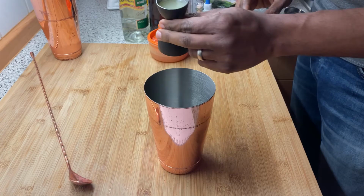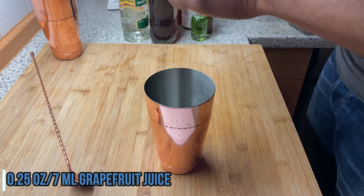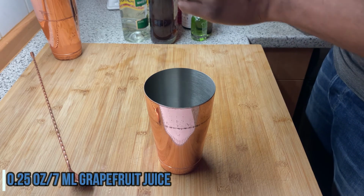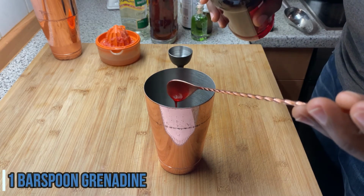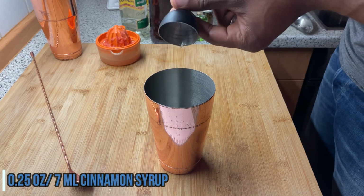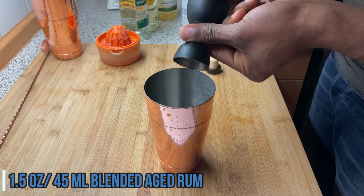Okay, now buckle up because this is a boozy one. First of all, grab your shaker with a little bit of crushed ice in it, and then go ahead and add the following: 3/4 of an ounce of lime juice, 1/4 ounce of grapefruit juice. I'm using ruby red grapefruits here. A bar spoon of grenadine, 1/4 of an ounce of cinnamon syrup, 1/2 ounce of falernum,